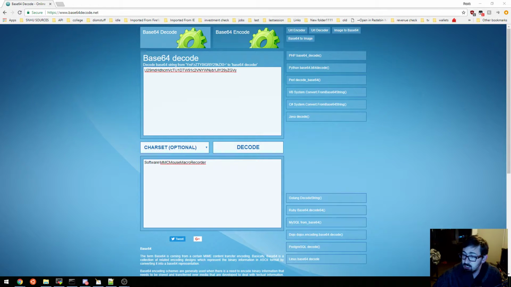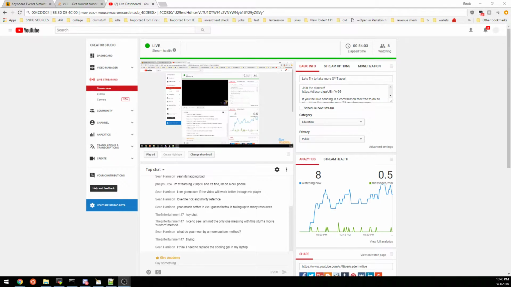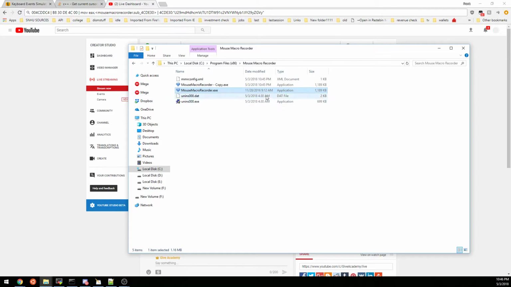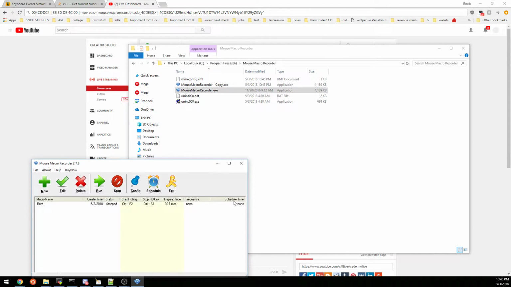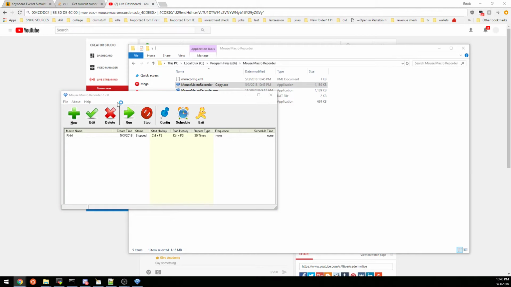And then let's go over to OBS. Let's move this over here. There we go. So now you can see that. And when I launch it, so more, open file location. Okay, so we've got the original, which gives us this registration hint, continue, 10 days, blah, blah, blah. And then it launches it. And this one, which just launches it. What do you know? Hey, and look, the buy now buttons are all gone. They're all gone.